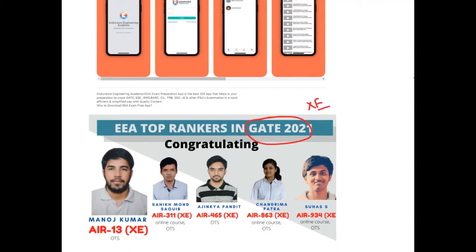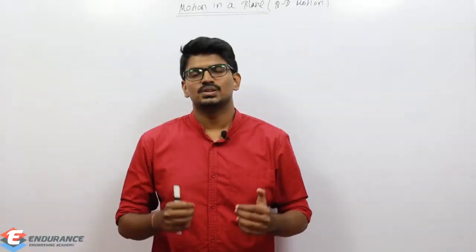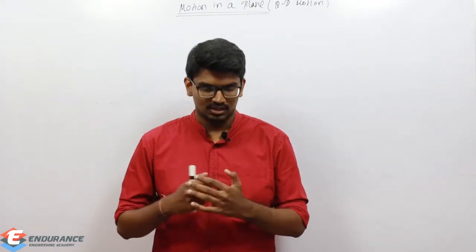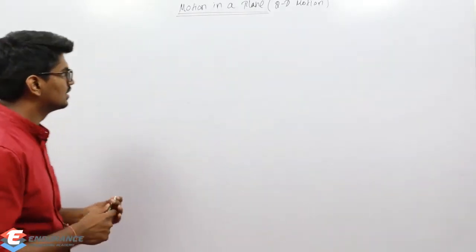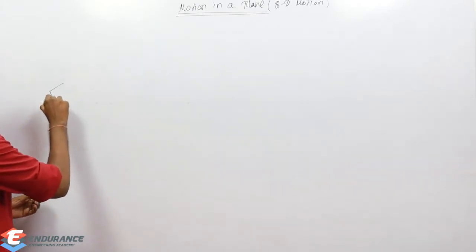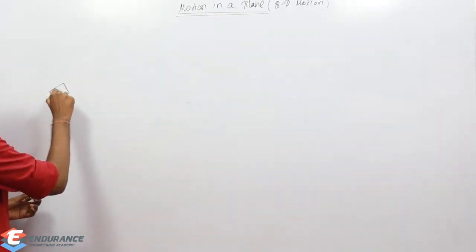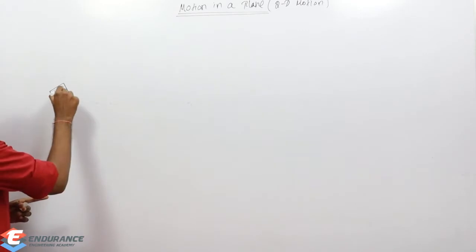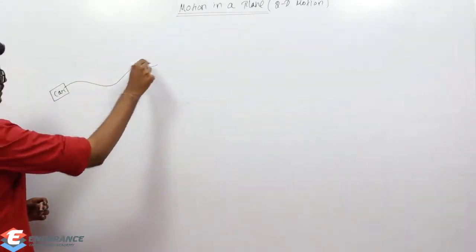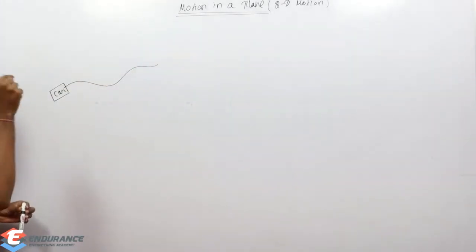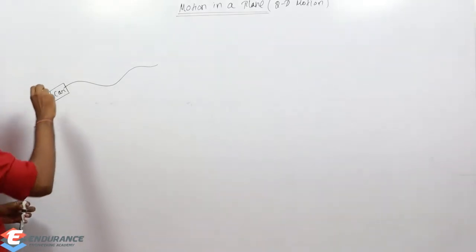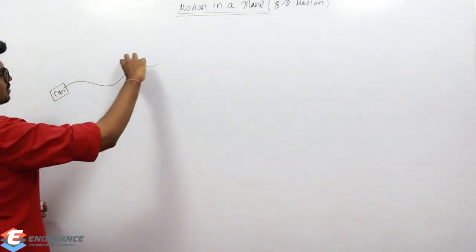This video is taken from the online video course of Entrance Engineering Academy. So let us proceed to two-dimensional motion. Listen carefully. Let us consider one example. There is a car, and the car is going to move in this path. You are seeing the top view of the car, and if the car moves in this path,